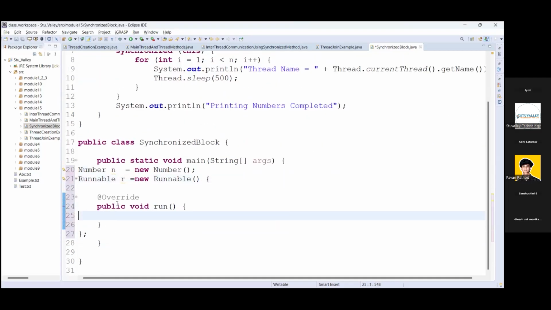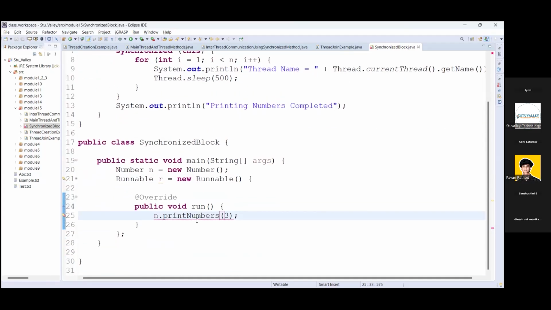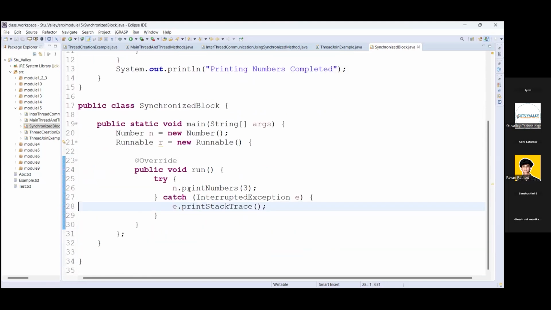In the run method, we are going to call n.printNumbers, passing the value as 3. It will throw the exception because this method throws an exception, so we need to handle it.